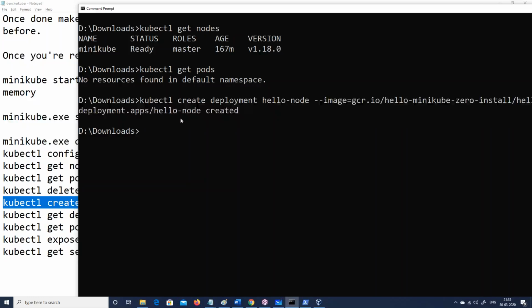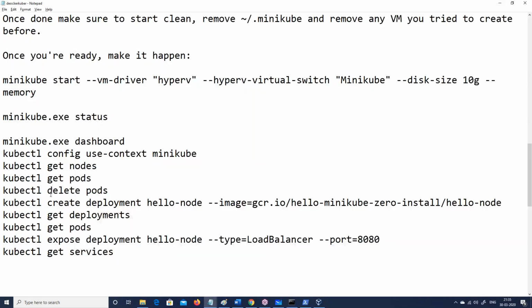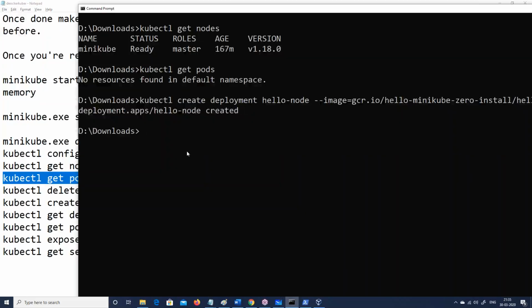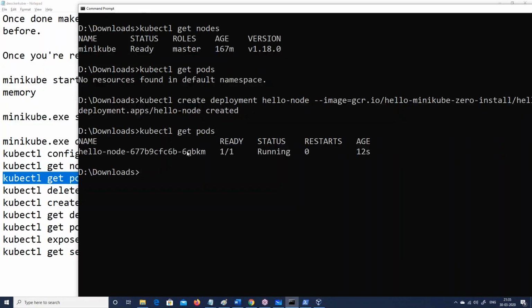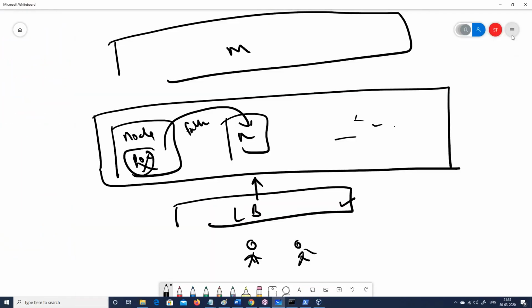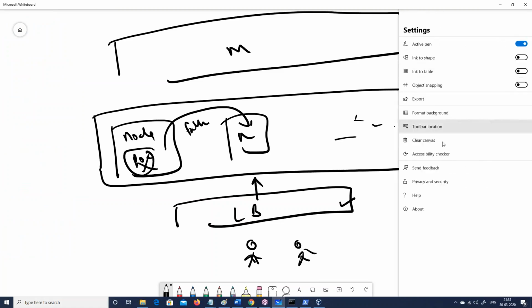Okay, so it has created something out there. Now if I say get me pods, I think I can use the up arrow key. Okay, you can see that is a pod which is installed because I just went ahead and installed it, right? If you remember, I said that to the management layer, I can fire commands in two ways. One is I can fire via the command line, which I was doing now.